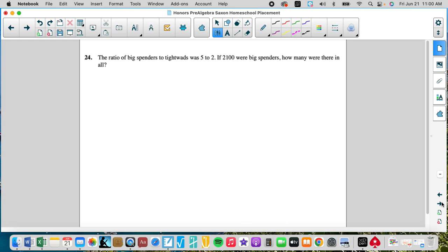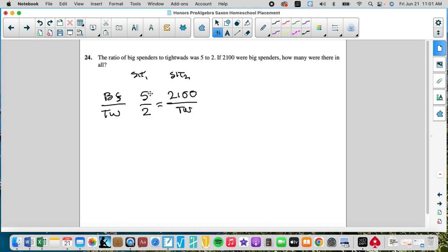Some students struggle not knowing when they're done. The ratio of big spenders to tightwads was 5:2. So big spenders to tightwads. So that's going to be 5 big spenders to every 2 tightwads. If 2,100 were big spenders, so new situation, this is situation 1, this is situation 2, how many were there in all? So we want to know how many tightwads